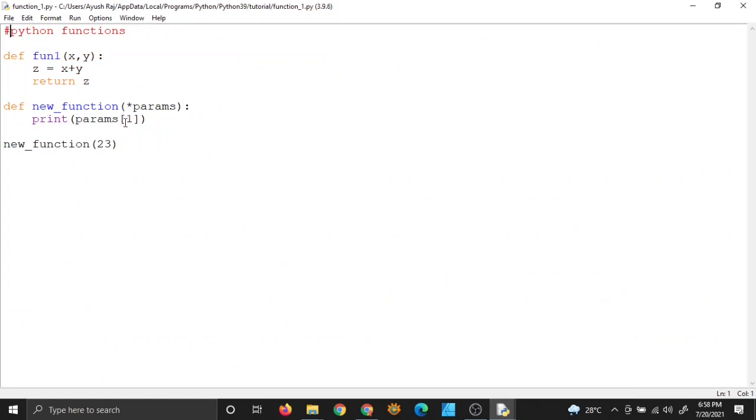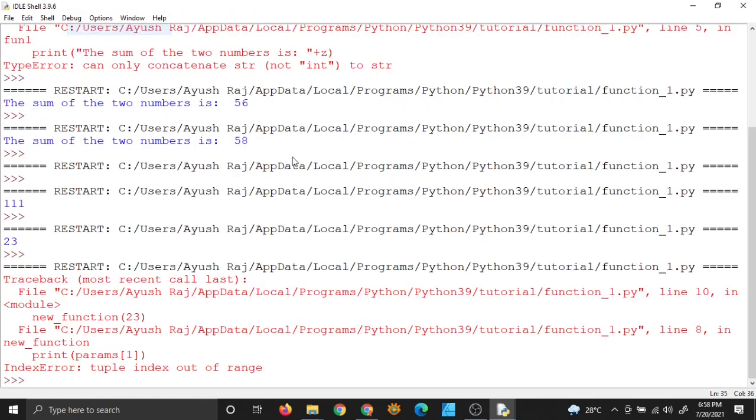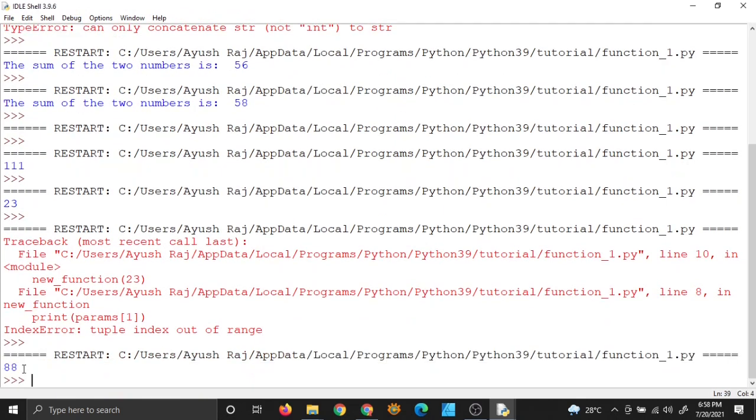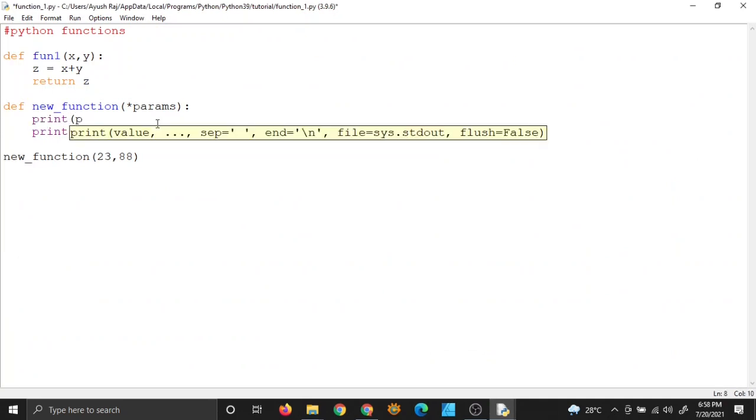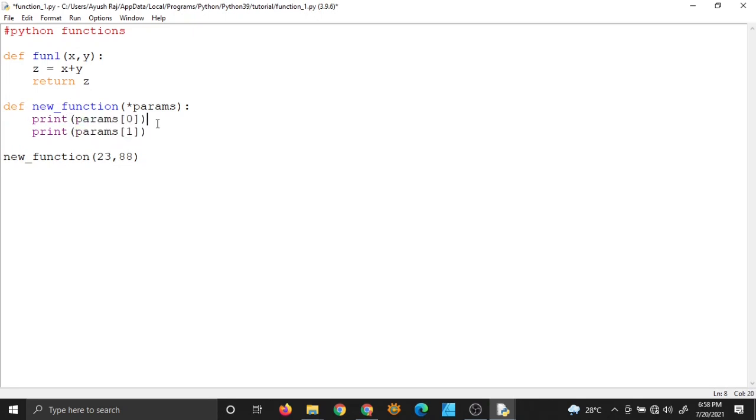But I have accessed it. I have only one variable, one value here. But if I put another value, it will now have a position 1. So yeah, now it has a position 1 and it printed it. I can print both the positions also, like let me print both the positions. And I'm printing, but your major task will not be printing. It can be something else. I am printing just to show you that we can access this value.